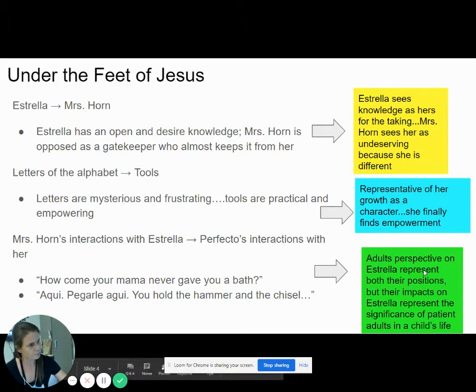And so what's important about that is the adult's perspective on Estrella represent both their positions of power, but their impacts on Estrella represent the significance of a